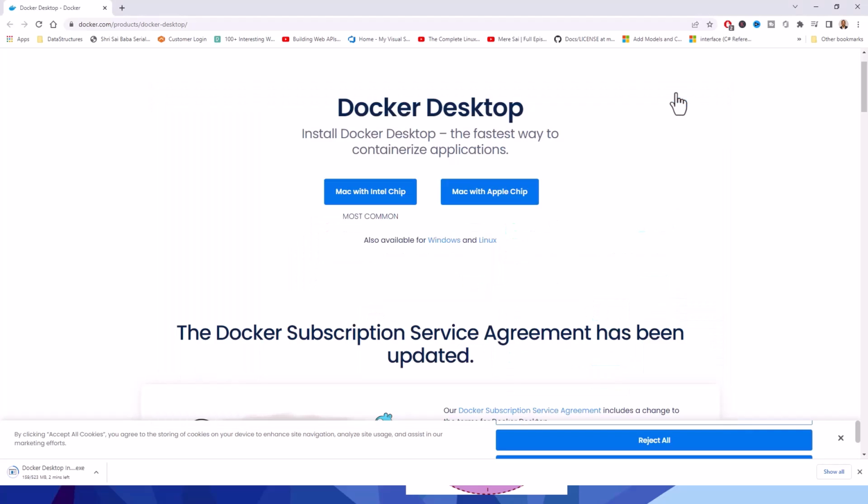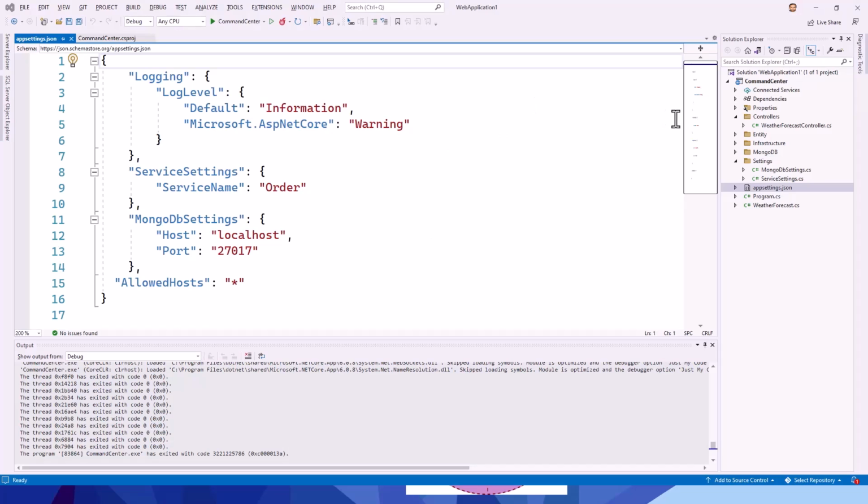Let me minimize it, and then I will have to create a YAML file which contains the MongoDB Docker container name, image, port number, and volumes. Okay, so I will start coding. You can code with me. As I just said, on the root of this project, right click,